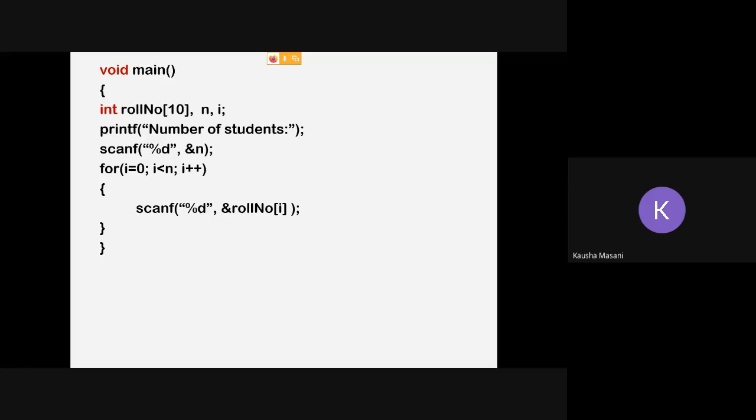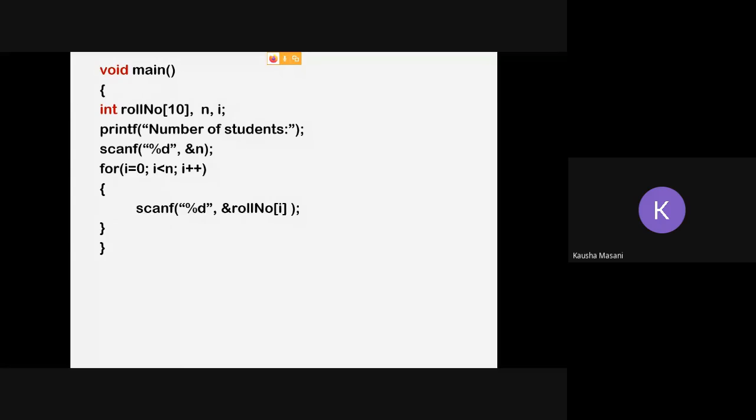All right, for which you want to enter the roll numbers. So I am going to enter the number of students, right? And there is a scanner which is going to scan that number, and using that number you are going to run your for loop. Whatever number I have entered, let's say 7 or 8, then 8 times this loop is going to run, retrieving the roll numbers from me. So that is what this program is doing.